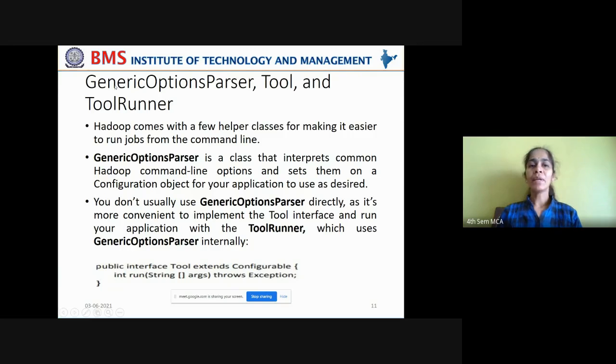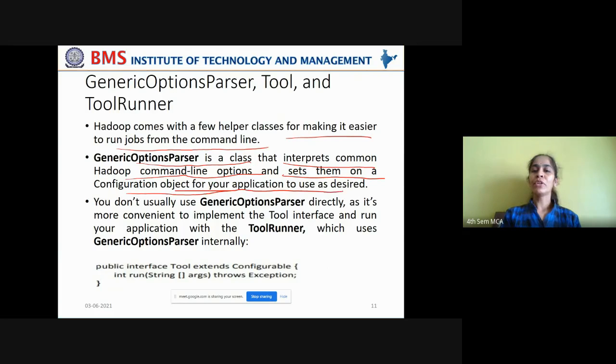That can be done by using generic options parser, which implements tool interface and tool runner classes. Now Hadoop comes with a few helper classes for making it easier to run jobs from the command line. And generic options parser is one such class that interprets common Hadoop command line options and sets them on a configuration object for your application to use as desired.